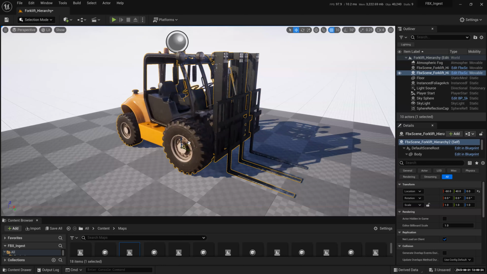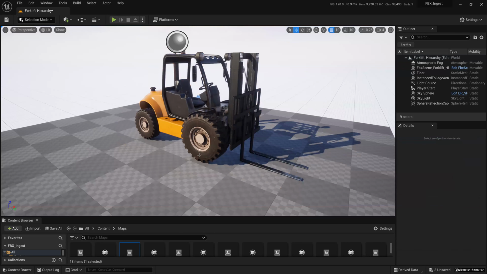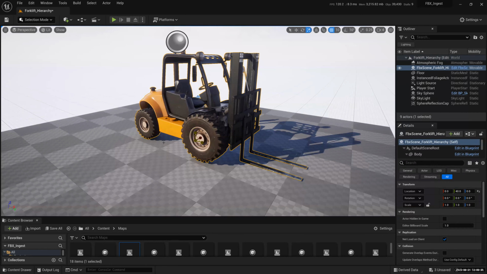No, it does not, because Alt will automatically duplicate. So it's Alt middle mouse button to move the pivot point. This guy has a pivot point. There you go. You can move the pivot point wherever you want. Yeah, but it's only temporary unless you right click and say offset here.